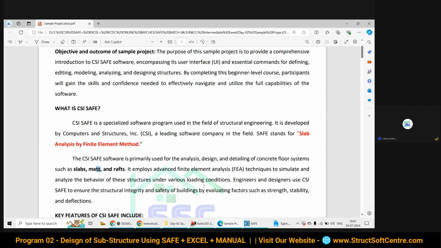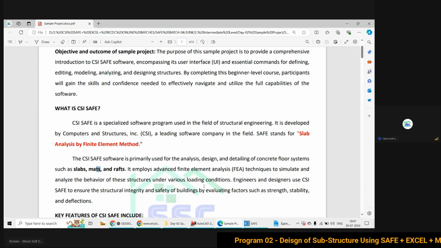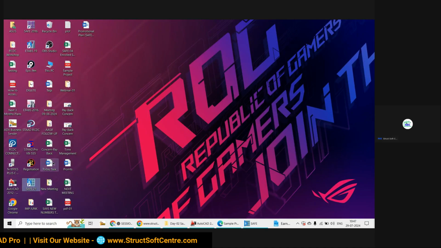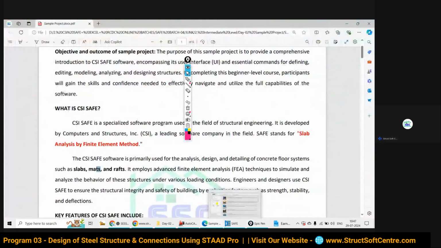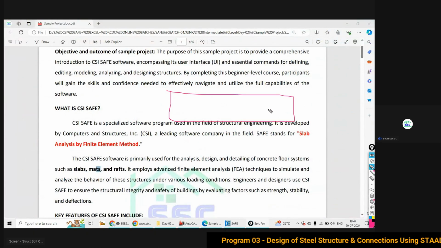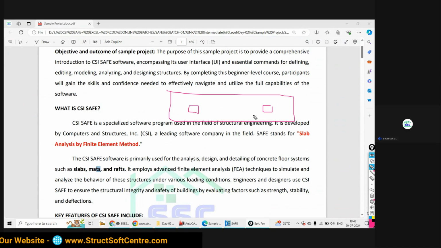If you ask me to design a simple pad footing, I can do it manually, or with Excel sheets. If you ask me to do the modeling, analysis and design of a combined foundation of simple geometry, like a rectangular footing which carries the load coming from two columns, I can do it manually or with an Excel sheet.